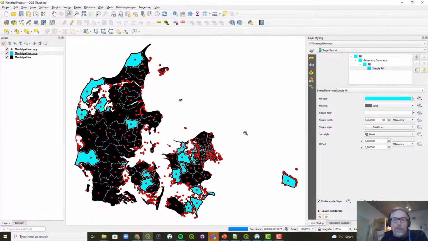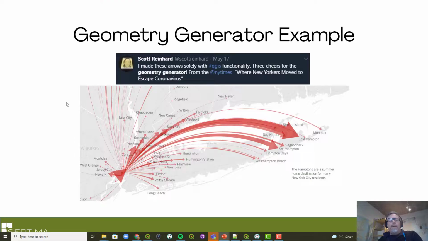So these are two very simple examples just to show you how this renderer works. And what I want to do now is go back into the PowerPoint to give you some more examples that you can experiment with. So I'm back in my PowerPoint presentation, and I have a slide here from Scott Reinhard,